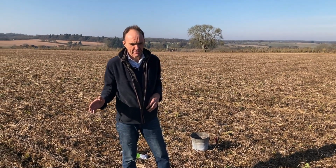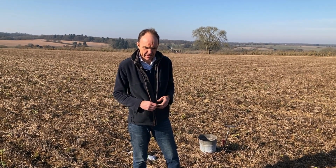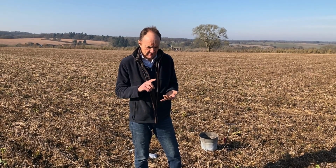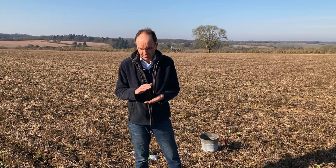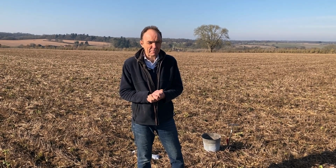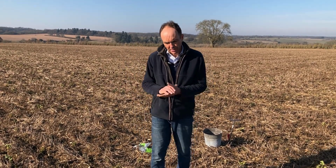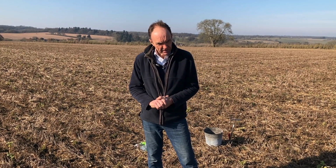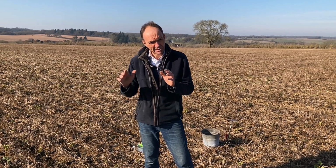This was spring barley, chopped straw, came in with the Missouri and put the cover crop in, which was Phacelia, linseed, buckwheat, bit of radish, bit of vetch, berseem clover. Went in a little bit late, and then it didn't really get a huge canopy, probably grew to about a foot high, but there was something here, and we did some cut downs, but we probably slightly missed the best